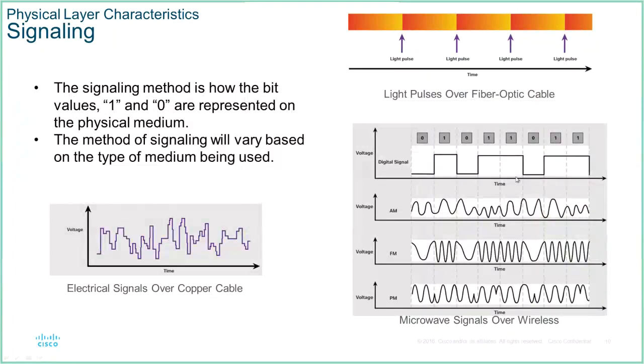So how does this look in the various formats? Top one, light pulses over fiber. So the intensity of the light changes to represent ones and zeros. If we come down to